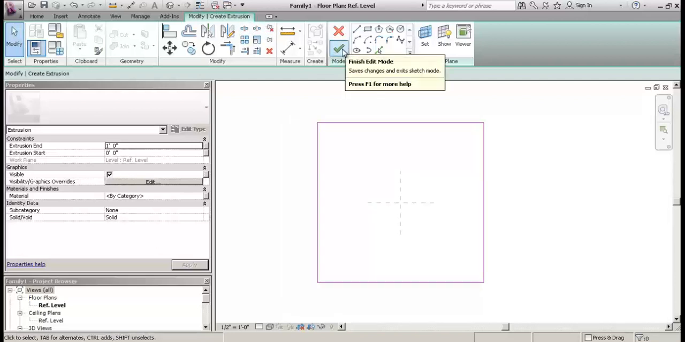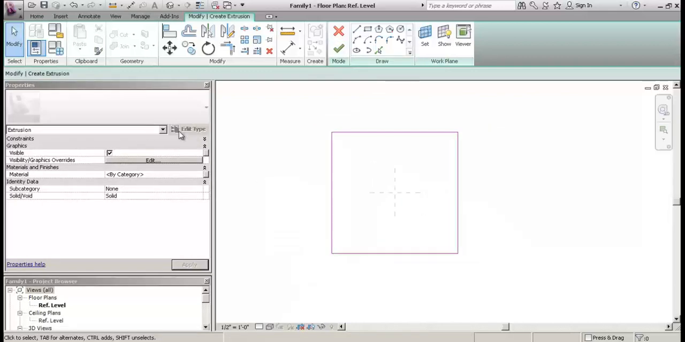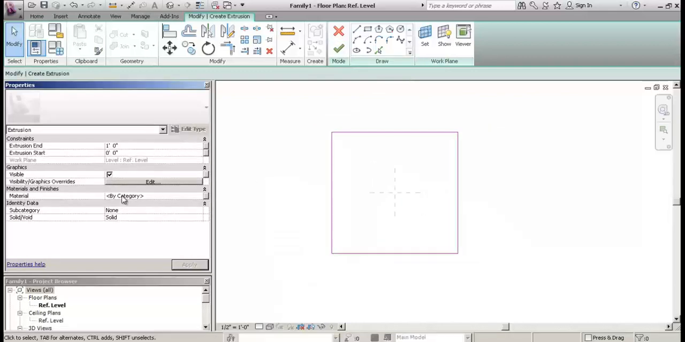Again, I'm in the extrusion family, so to finish that extrusion mode, I can click the check mark. But prior to doing that, I'm going to tell it what I want my extrusion distance to be. So a few other things in the properties bar, and this is going to be the same for all the objects that we create today. I'm going to tell it I want it to be 100 feet tall, and I'm going to put a material